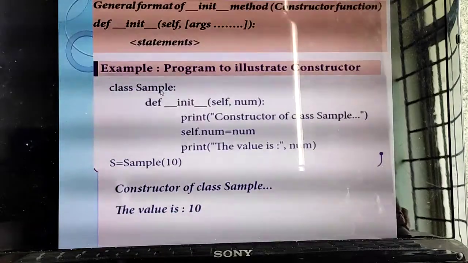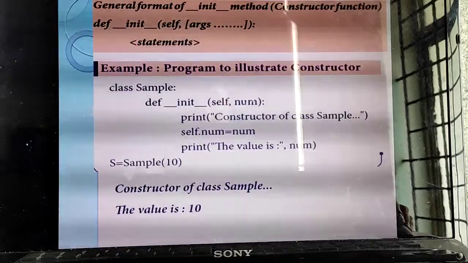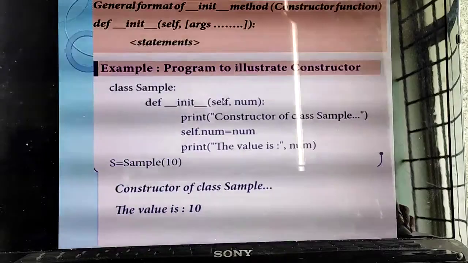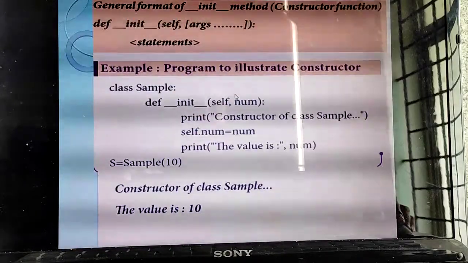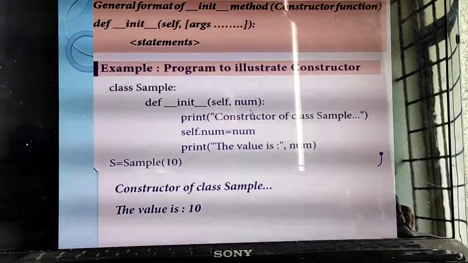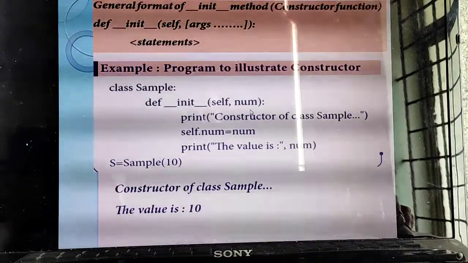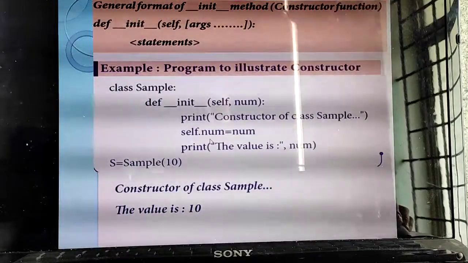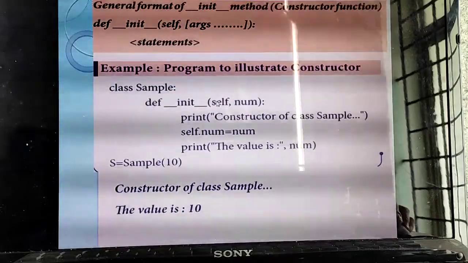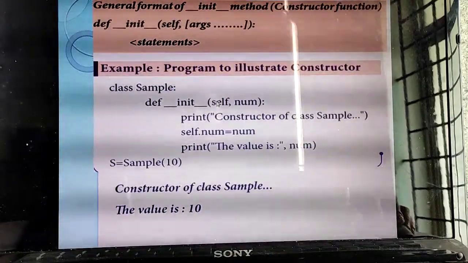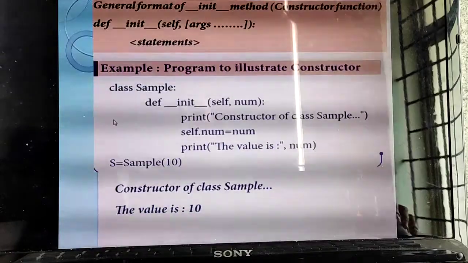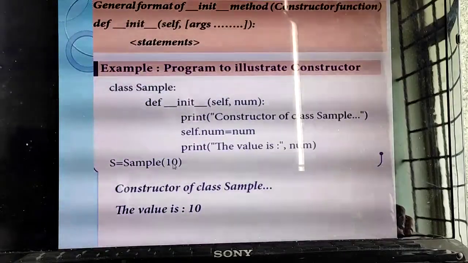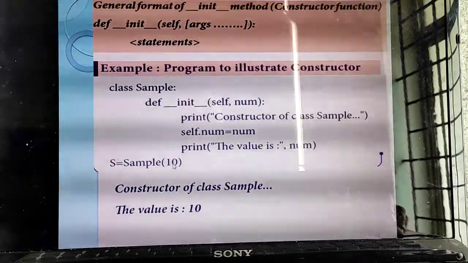Sample of. So listen. Inside the constructor, how many arguments are there? Totally 2. But will we pass any values for the variable self? No. We should pass values only for the arguments we mention. No need to pass any values for the variable self. Already you have defined self dot num, so whatever value you give to num is automatically assigned to self also. So you should pass the value for num. So listen, S equal to sample of, and what value do you give for num? 10. Understand? Now you run the program.